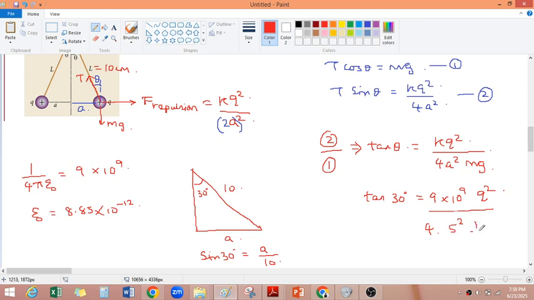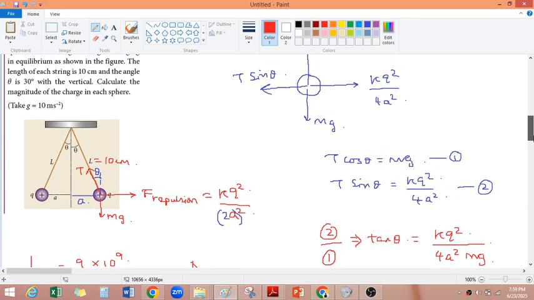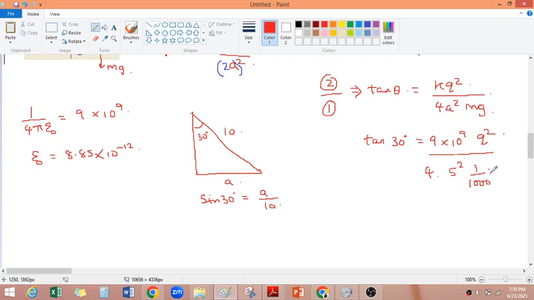M is 1 gram. We should not put 1 gram, we should put 1 by 1000, or 10 power minus 3. Gravity, I don't know whether they have given it as 9.8 or 10, so they have given it as 10. That's all. If you simplify, tan 30 is 1 by root 3. So this is in a bracket here, otherwise it will look like 4.5. 0 can cancel. This is 25, so 25 and 100 I can cancel, as 25 into 4 is 100, so that means 100 will cancel. Q squared, so 1 by root 3,